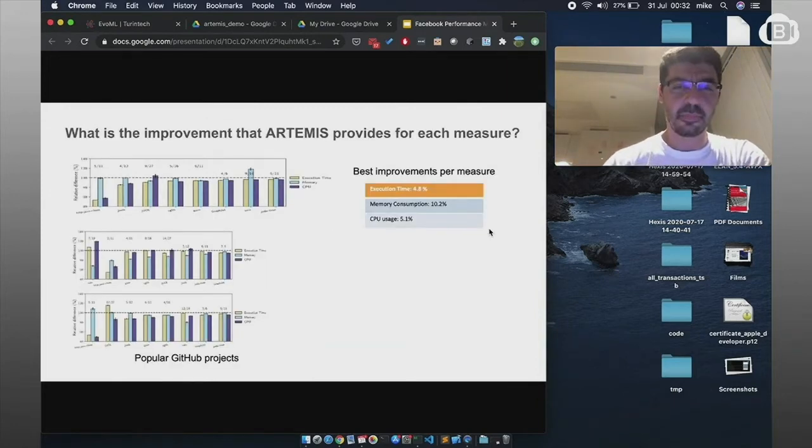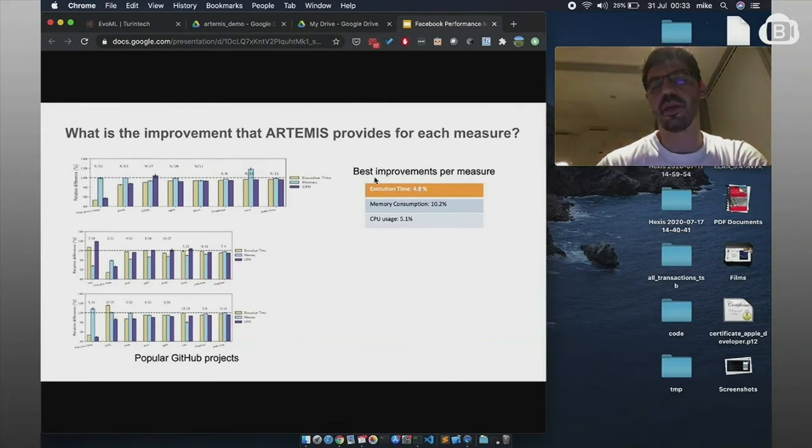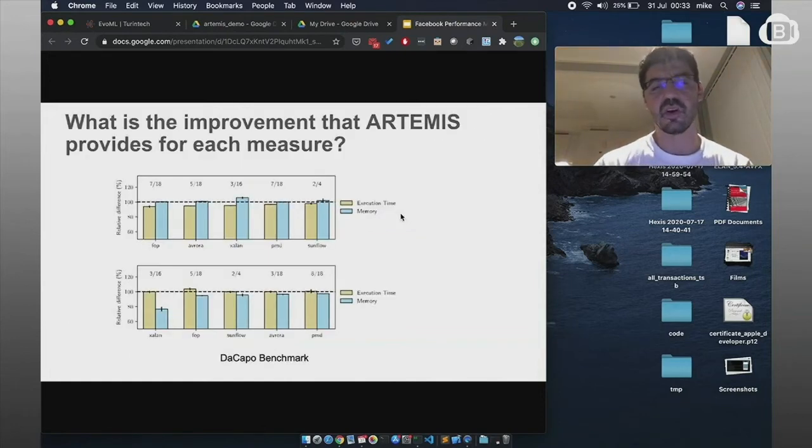So what is the improvement that Artemis provides for each measure? When we tried Artemis on popular GitHub projects, on the test cases of those, we had improvement on execution time of 5%, on memory consumption 10%, and CPU usage as well 5%. When we also tried Artemis on the DaCapo benchmark, we had similar behavior, and we improved FOP around 10% on execution time, and here we saw that we had better improvement on memory. For Xalan, for example, we had